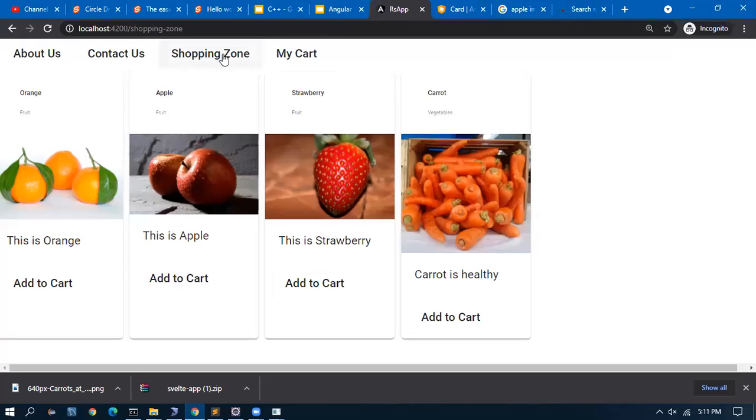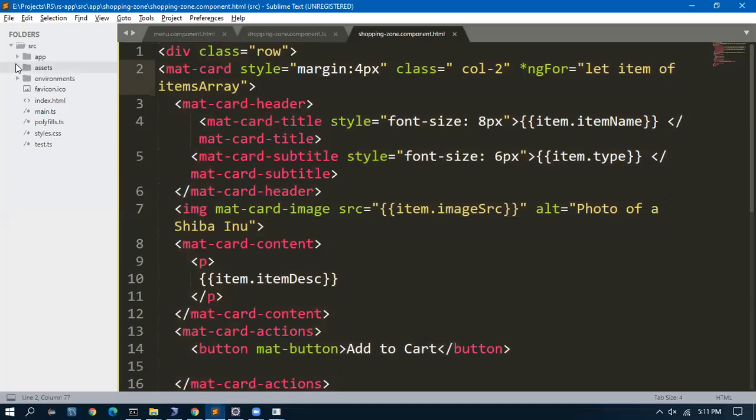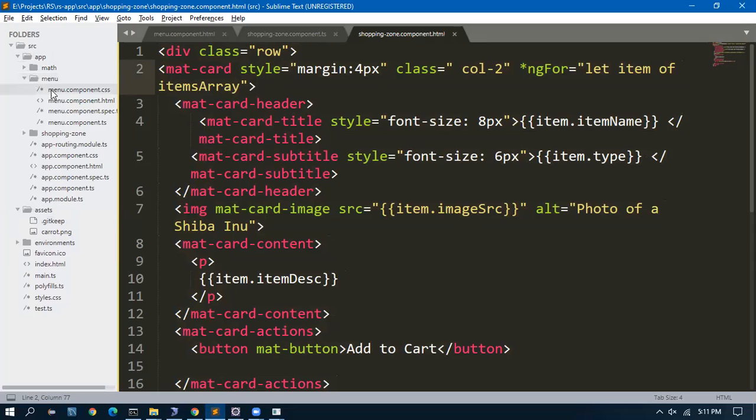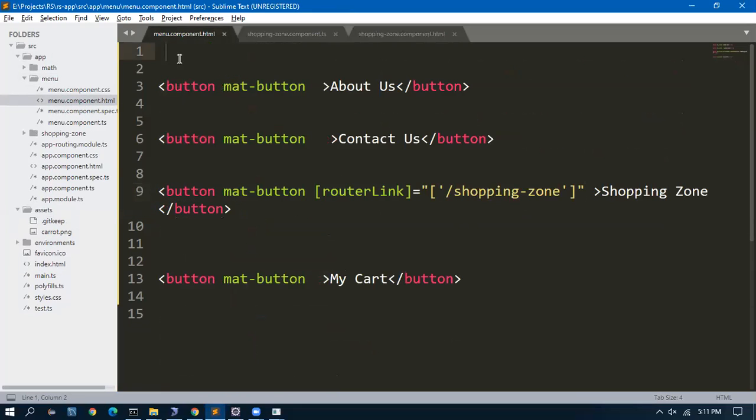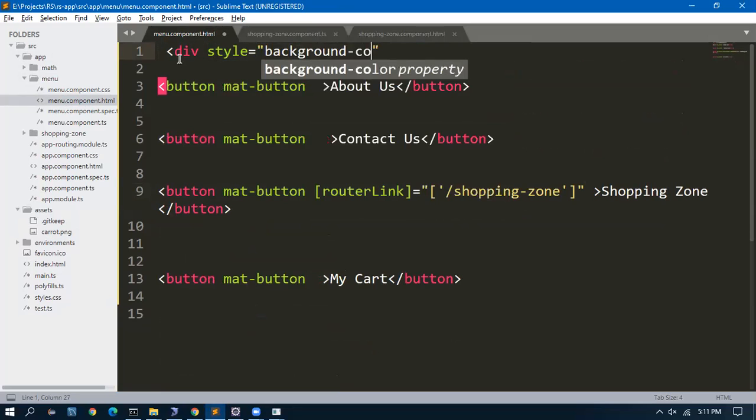So for the menu, I will give a background color to identify that it is a menu. In app menu.html, I will give a div style equal to, already you have it, right? You have a background color.